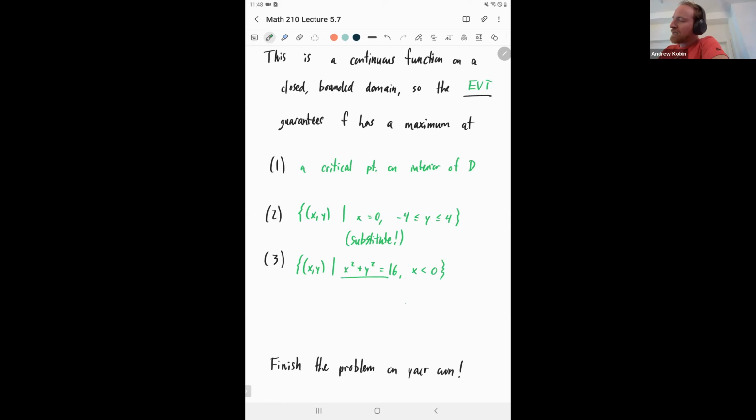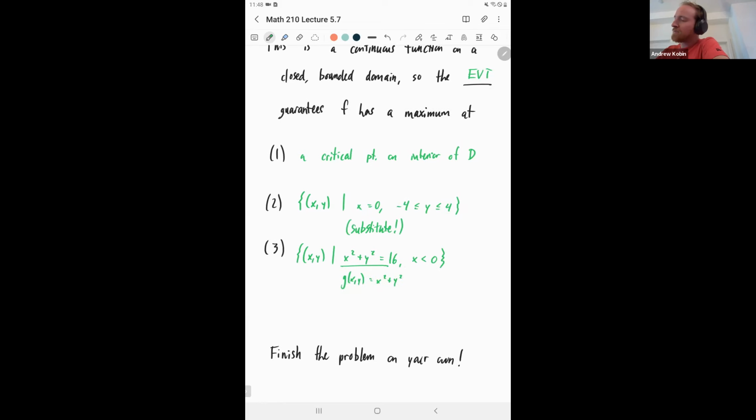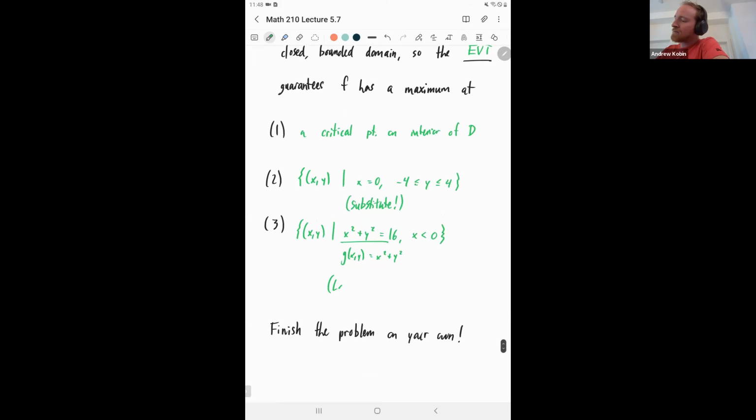So this is a constraint, and this is an extra piece of information that may eliminate some of the points that come out of the Lagrange multipliers process. So I would recommend in this case, this is really g of x, y is equal to x squared plus y squared, and it's set equal to 16. I would recommend tackling this full problem again, even if you remember how to do it from the last video,